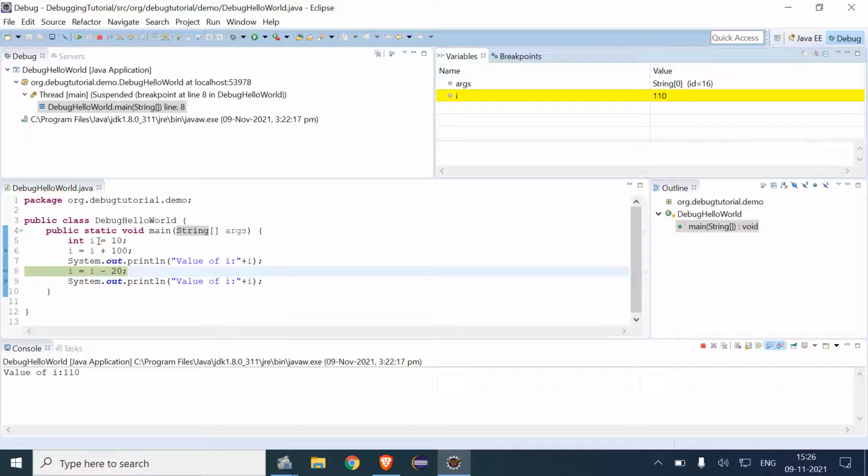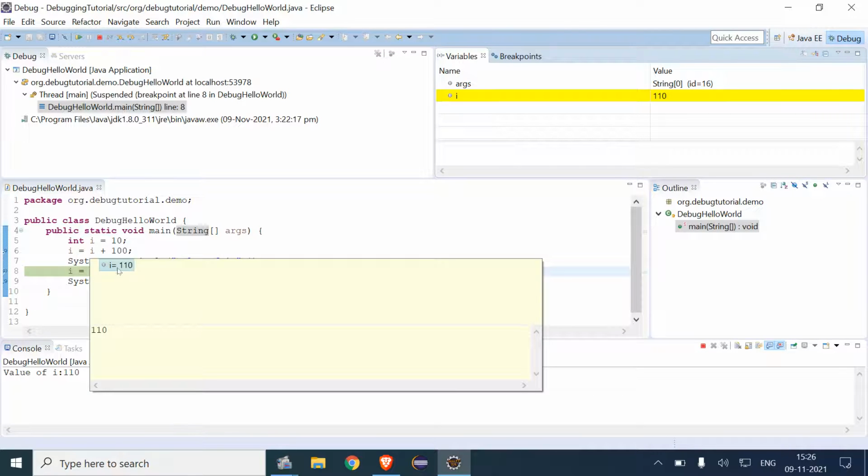So the value of initial I is initialized as 10. Then here the value of I is incremented by 100. So 10 plus 100 is 110.